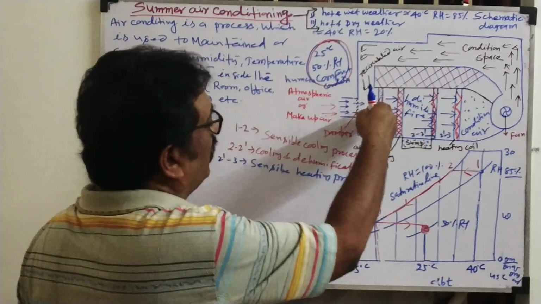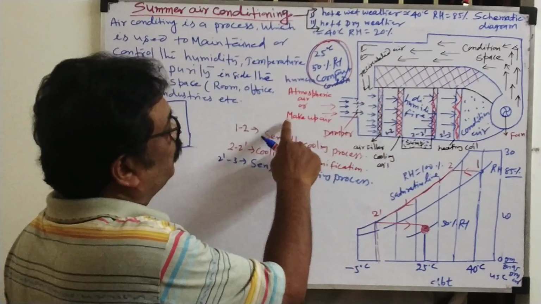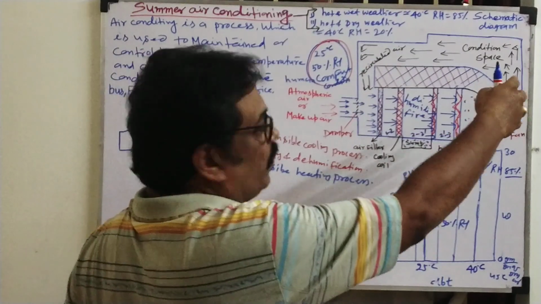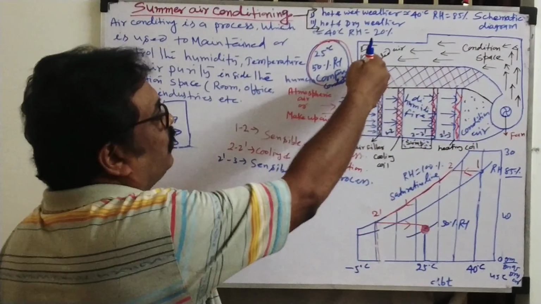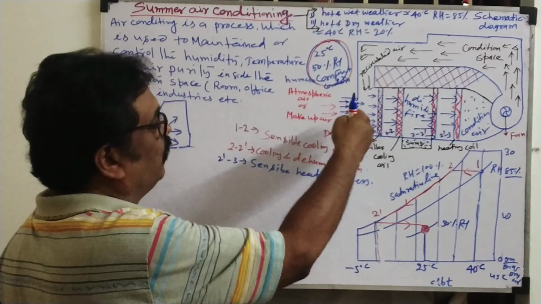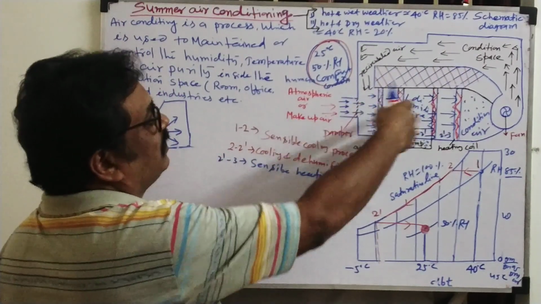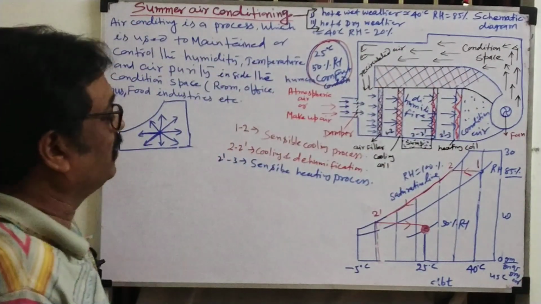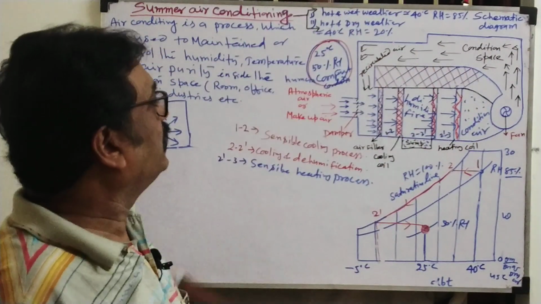The recirculating air is mixed with the atmospheric air. That's why I mentioned the makeup air here, because however much air came back, again 15 kg of air is required. For example, suppose 9 kg of air is there, then another 6 kg of air will be added. That is called makeup air. So again this is the process, and this is how summer air conditioning functions in hot and wet weather.